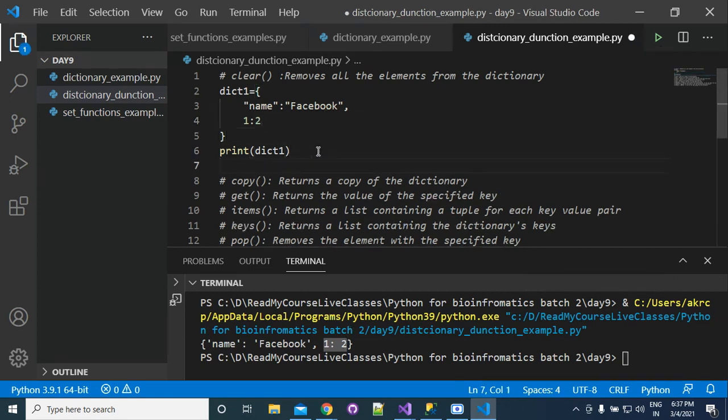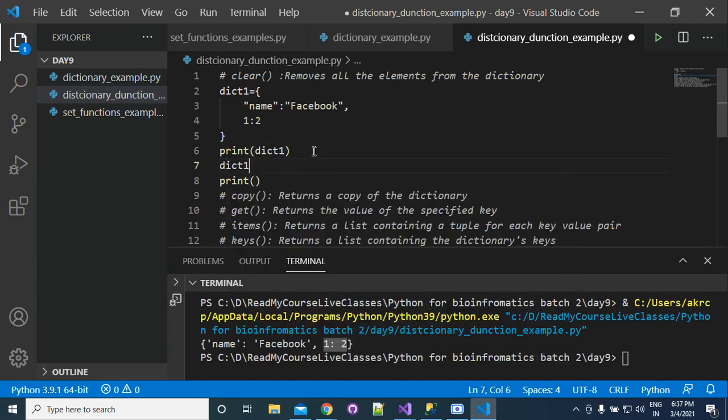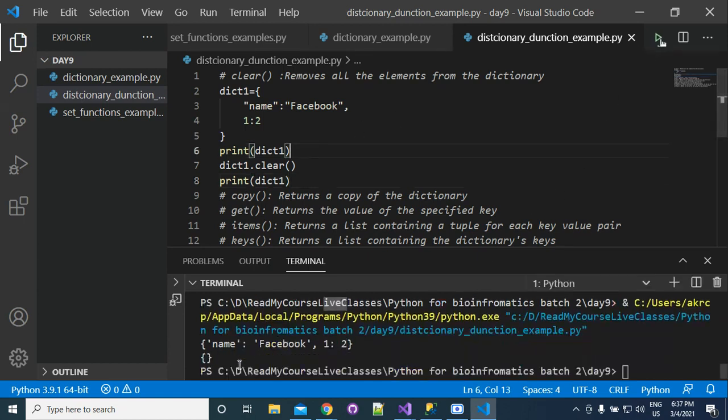Now if you want to clear your dictionary, every item will be removed from the dictionary. So you can write here dict1 dot clear. Now you can see that it is printing an empty dictionary. Okay.